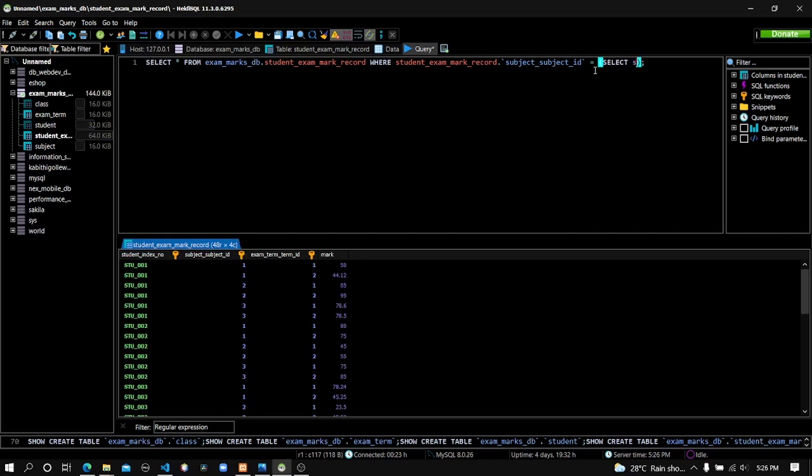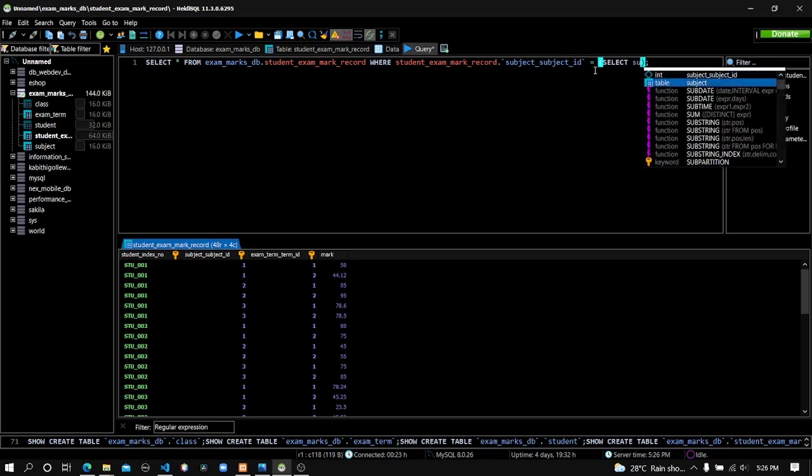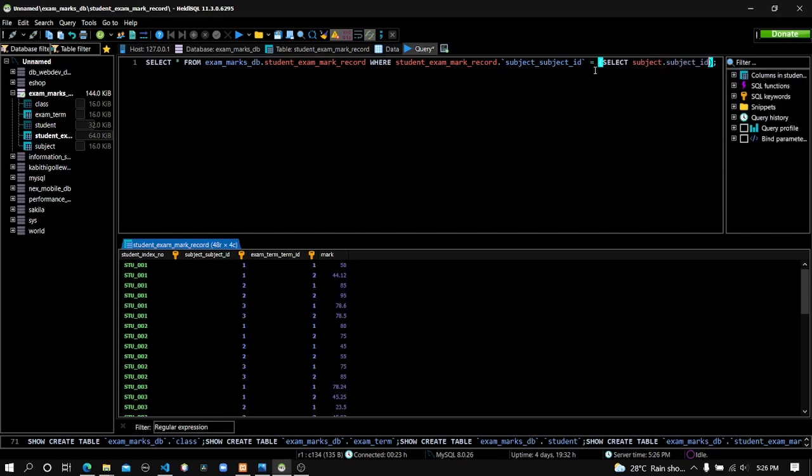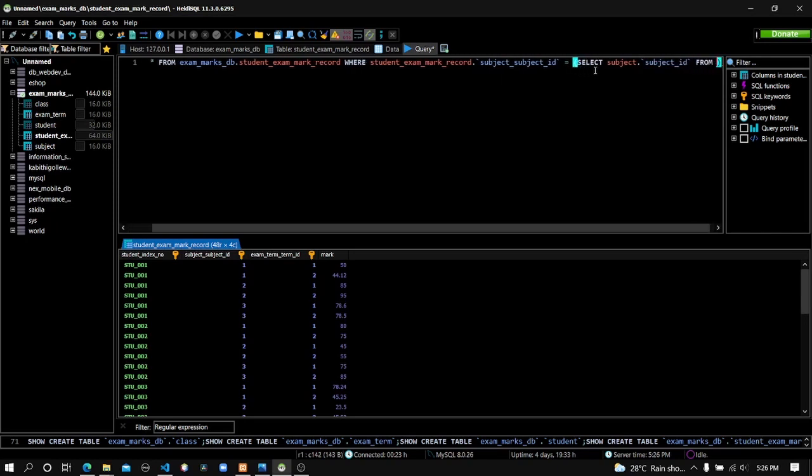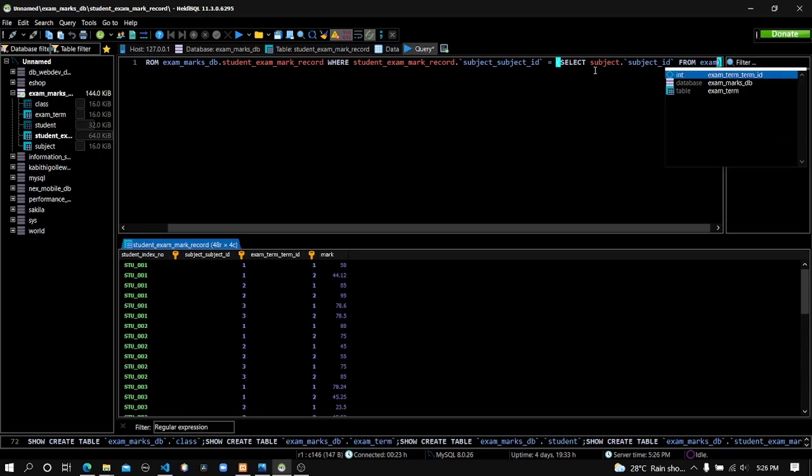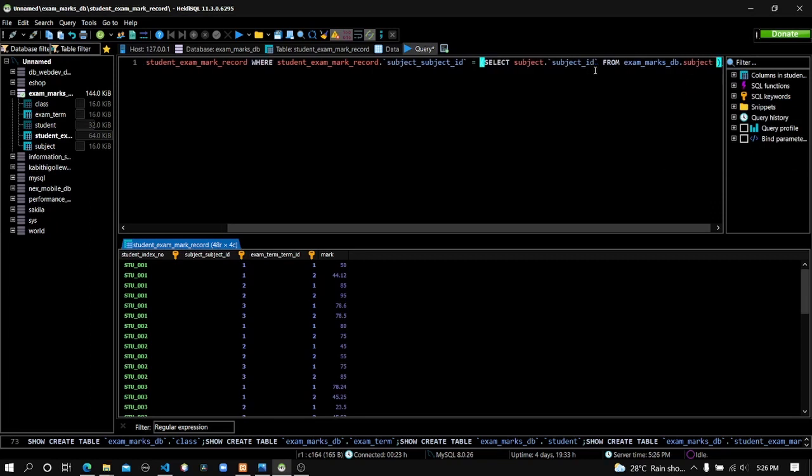Okay, here I'm mentioning the subject table. In the subject table, here's the attribute subject ID. We need only that ID to show in our result, and here I'm mentioning the database and the table. Here's the database exam mark DB, and here's the table subject, and